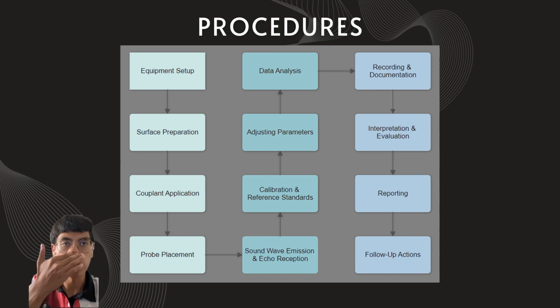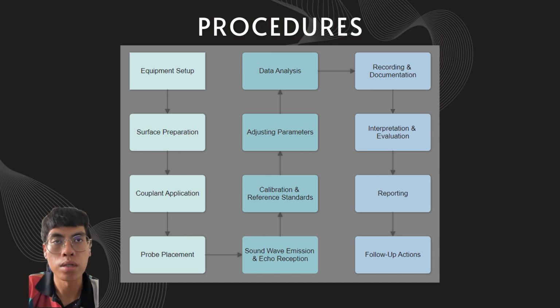And then couplant application, where the couplant, usually a gel kind of medium, is used to help the traveling of sound waves into the material. And then the probe placement, where the probe is placed on any area that is needed to be tested on the surface material. And then sound wave emission and echo reception, where the signals are then shown on the display screen of the instrument, but calibration is still needed to be done, which is why